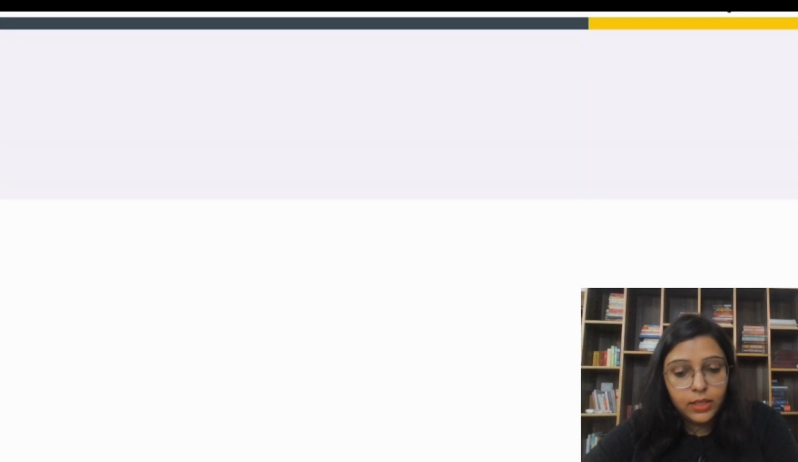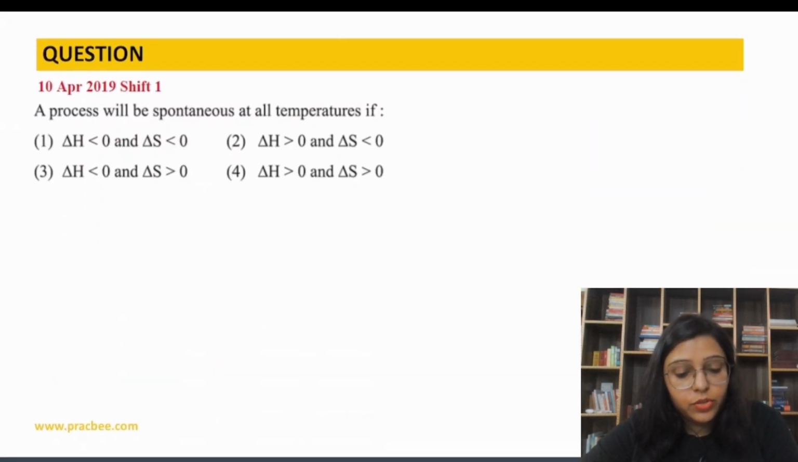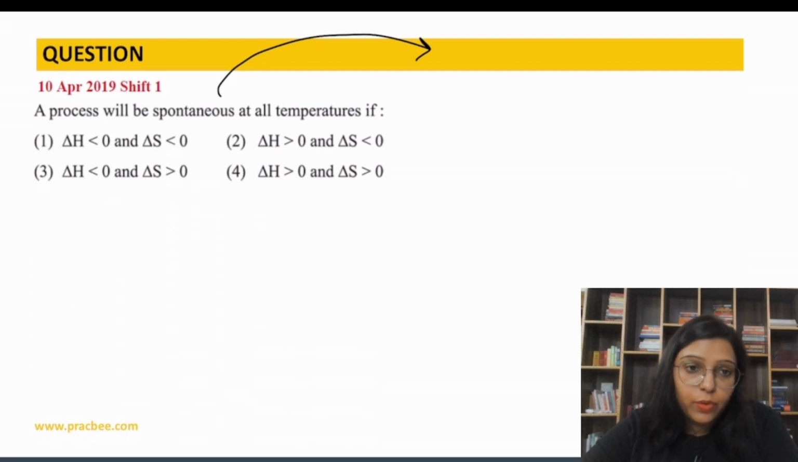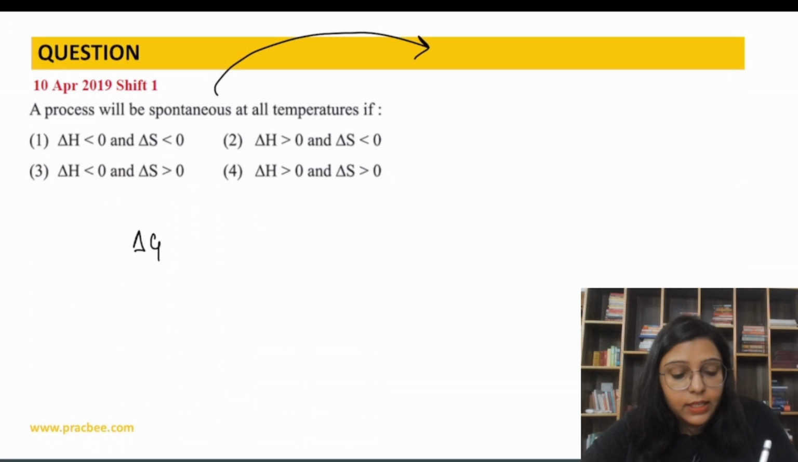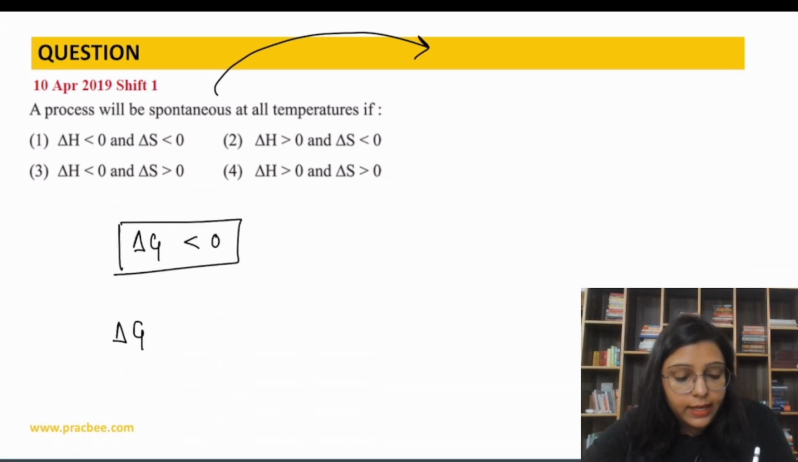Okay. Now let's do the next question. The process will be spontaneous at all temperatures if... So we know that if we want to have a spontaneous or feasible process, then delta G, the Gibbs free energy, should be less than 0. Also we know that delta G is equal to delta H minus T delta S. So if